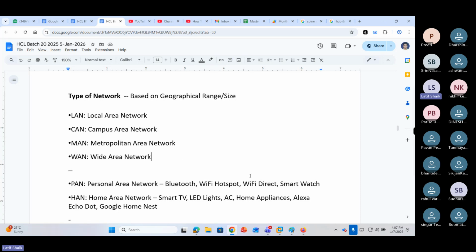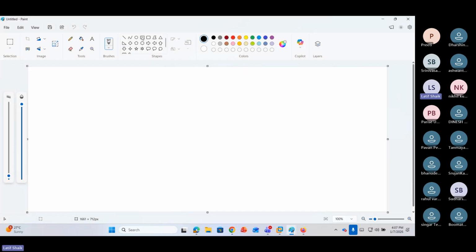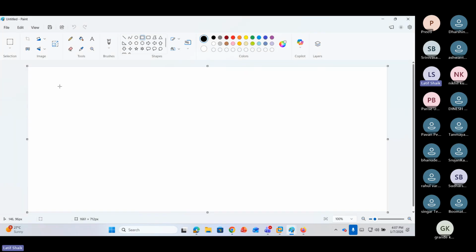So how do we understand this? Guys, you have a simple single room. In that room, you put computers or devices and connect them. So you created a single simple network. That is one LAN, your own network.